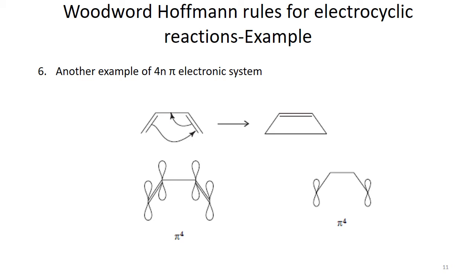After giving it the component name, the pi 4 system, we have to consider which major changes are going on in the reaction, that is the formation of a carbon single bond here. So we have to make a 3-dimensional picture where only the newly formed bond is mentioned, like the orbitals involved in the big change. This is a pi 4 system with the 2p orbitals mentioned on the terminal carbon atoms.